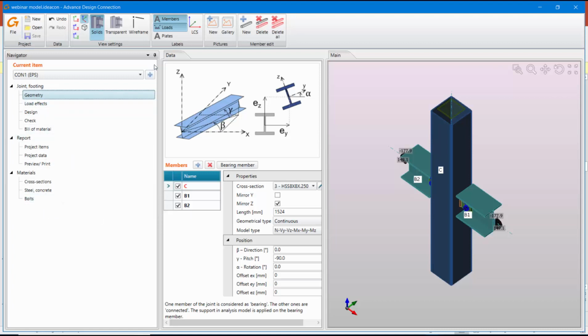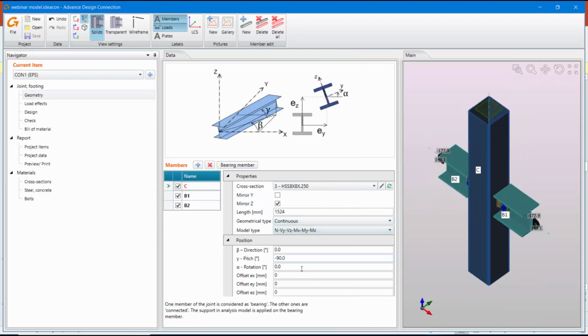And in the middle here we have another window, which we call the data window. So here is a place that you define the parameters for each of the elements in your connection. So it can be each of these members here. As you see here, we have 3 members in this connection, and each of these members you can assign specific parameters like cross section, material type, and